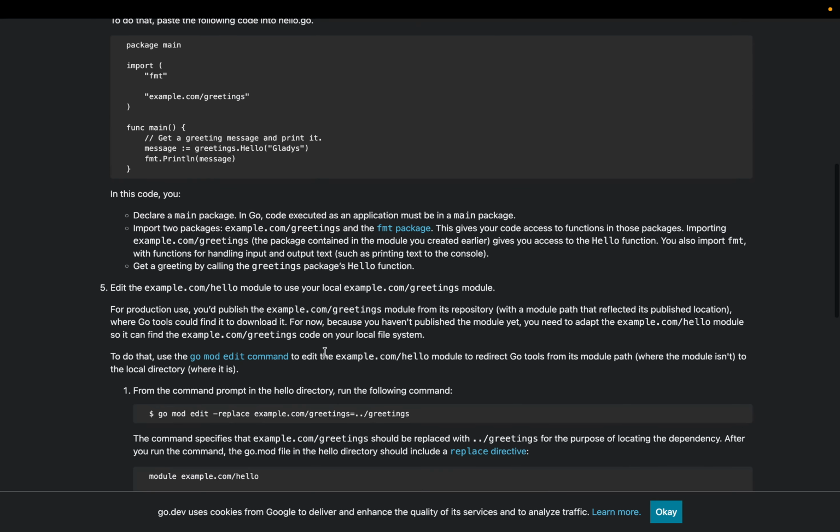For production, you publish the example greetings module from its repository where Go tools can find it and download it. For now, because you haven't published the module yet, you need to adapt the module so that we can use it. Okay, so we want to do